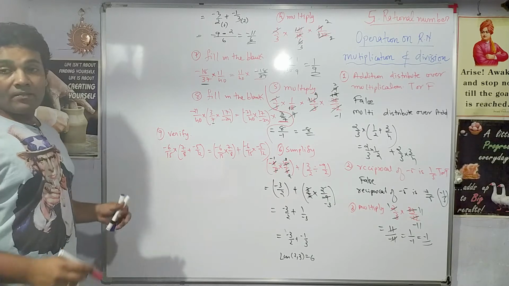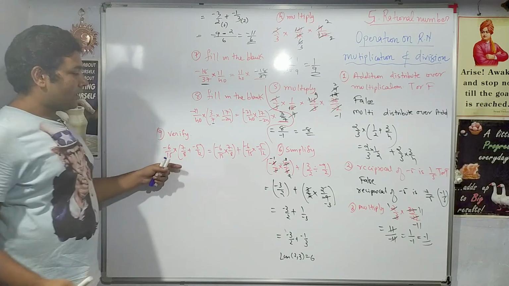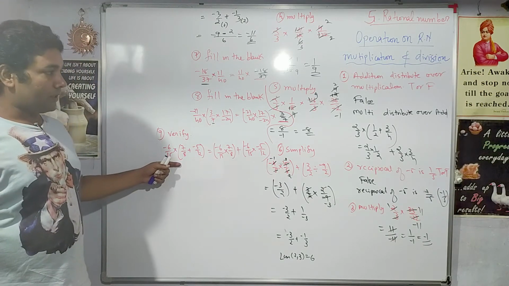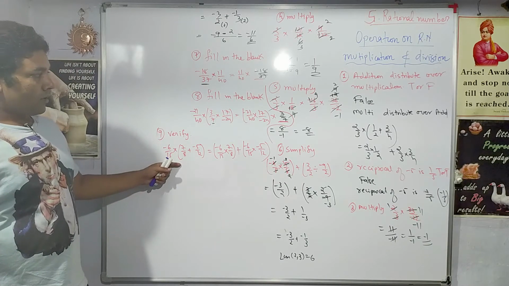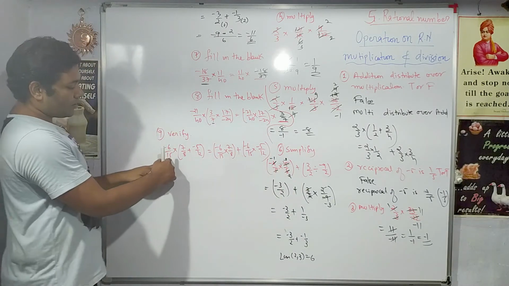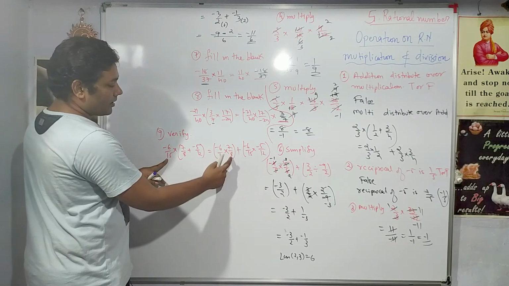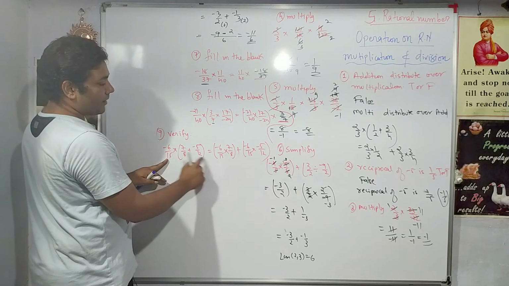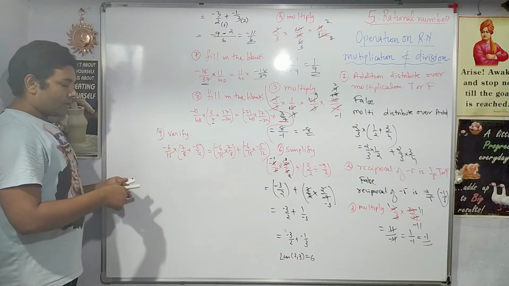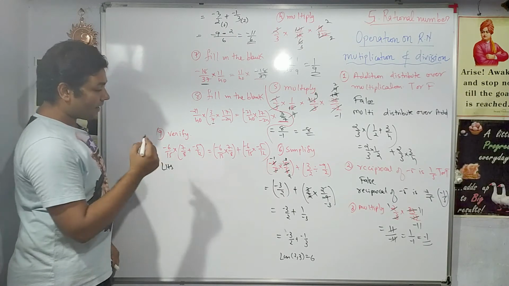So verify means left side you will solve and right side you will solve. If you see this closely, right, which property is this? This is called the distributive property. See, multiplication distributes over addition. So this multiplication is distributed over the addition. See, 6 by 15 is multiplied with the 7 by 8, then the plus sign, 6 by 15 is multiplied by minus 5 by 12. So we will verify this property. How to verify? We'll solve left hand side and right hand side.